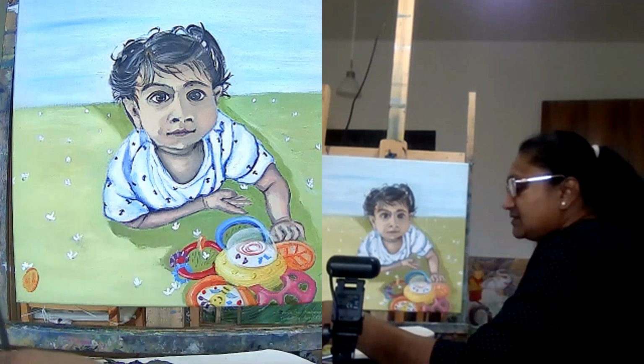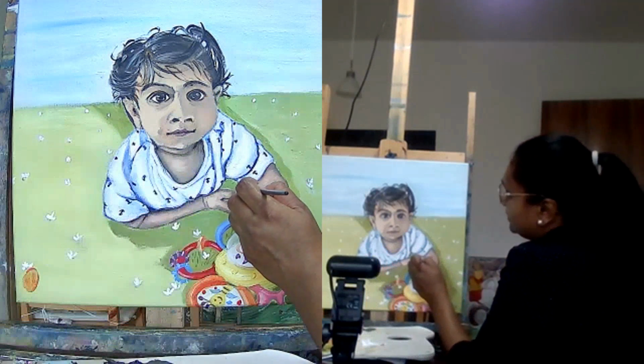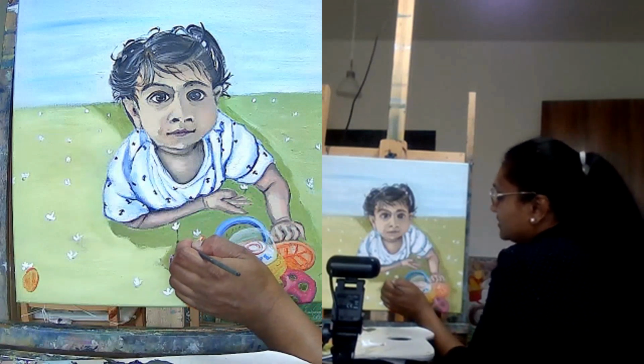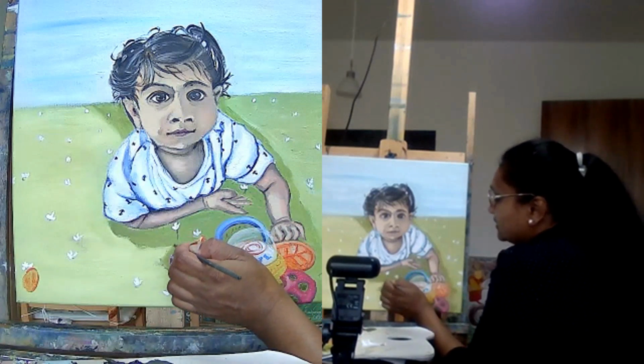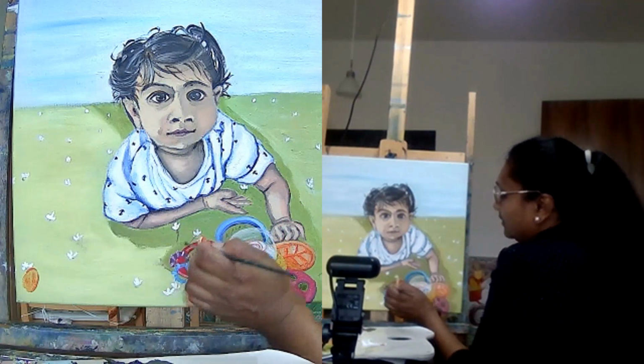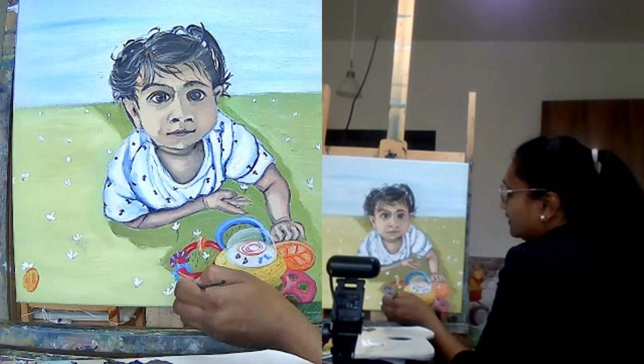And I will take this darker green that I made also to do the, okay, can you see what I'm doing for the flowers? I'm trying to pull some lines to make it look like they are.